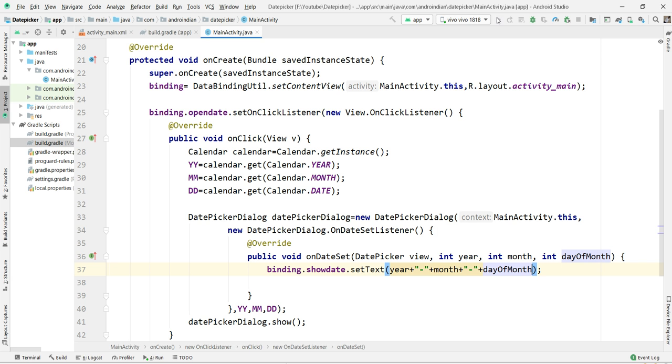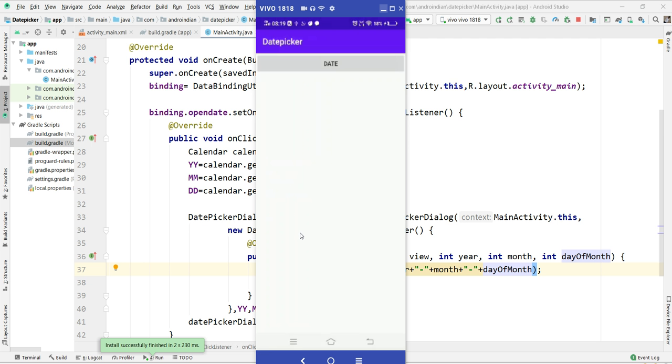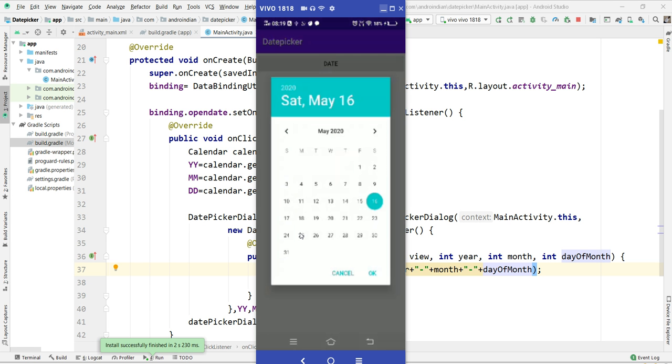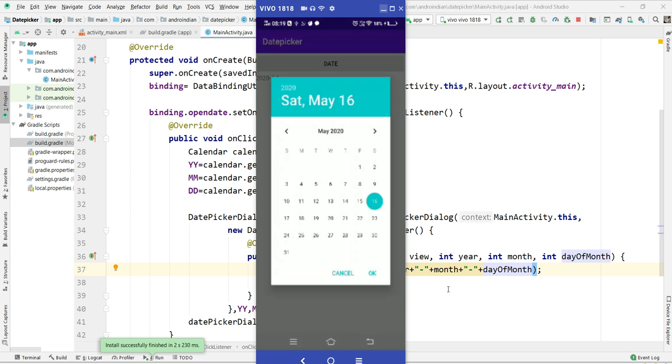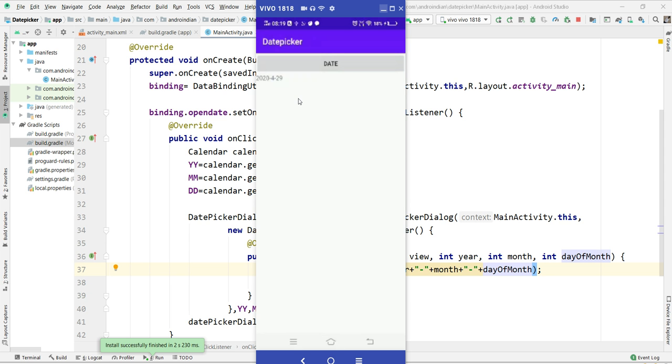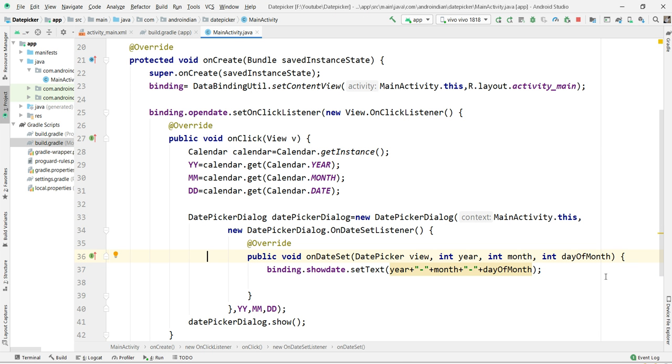So this is about the DatePicker, how we can use it, the same way we can use it in our real-time scenario. So this DatePicker only we will use, but for this we can customize something. That customization also I'll show you. See, like this it says. So here it's enabling this, but here we need to concentrate on one thing. See here, I'm selecting May 29, but it's displaying 4 because here months will start from